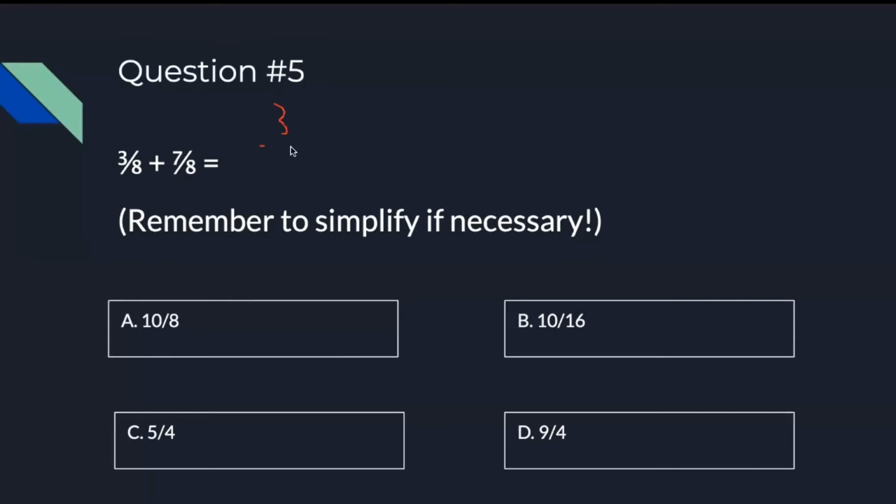So 3 over 8 plus 7 over 8. so 8, it has to times 8 and山西还有陕西是一样的吗？